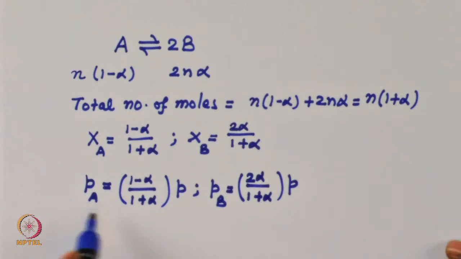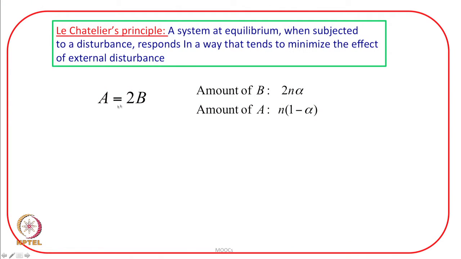So, once we have the expressions for the partial pressure of A and the partial pressure of B, we can substitute these into an expression for the equilibrium constant. Let us see what it comes to. Let us take a look at the slide. We have discussed for this dissociation reaction, the amount of B is 2 n alpha, and the amount of A is n into (1 minus alpha). I have just discussed, and for this reaction